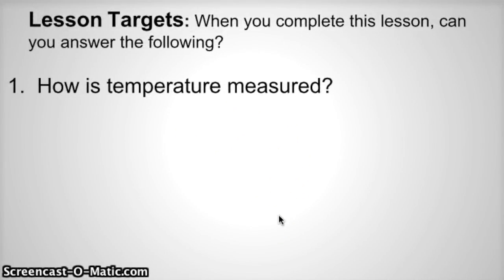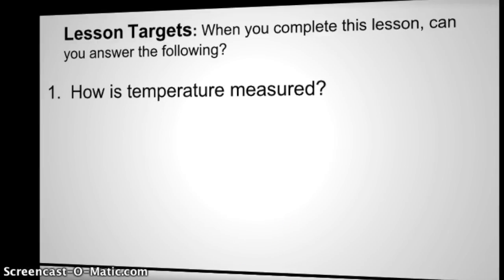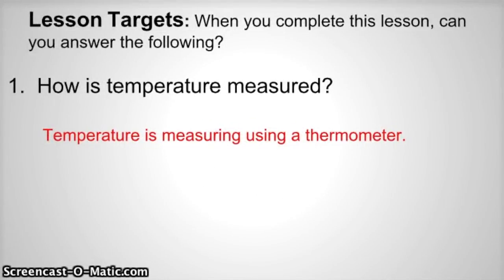Take a second and pause and see if you can answer this question on your own. If you remember correctly, temperature is measured using a thermometer. The liquid inside expands when things are heated. When those molecules get heated, they start bouncing around and they expand, and so it increases the temperature on the thermometer. But as they cool down, the molecules tend to slow down and they get closer together. So if it's a liquid thermometer, the liquid drops in level,